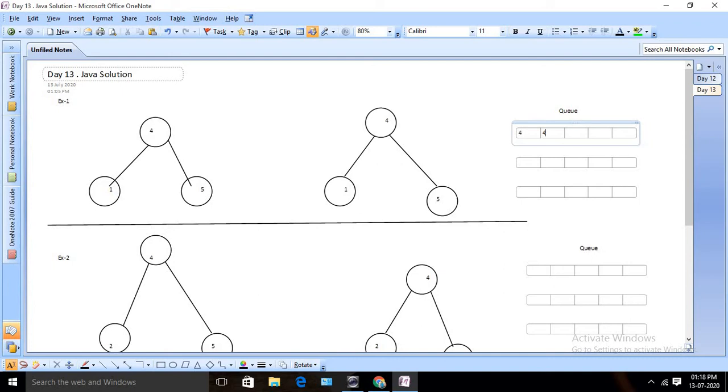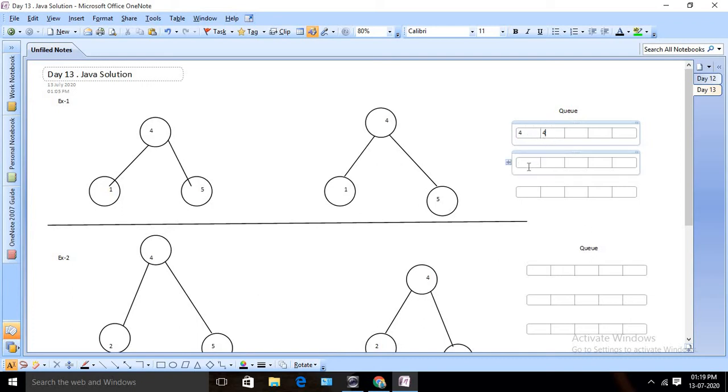In the second iteration, after inserting both of the nodes, I will check whether both are equal. At first I will check whether both are null or not. Then I will check whether both values are equal or not. If they are not equal, then I am going to directly return false from there only. We don't go ahead or iterate further. So at first I will insert 4 and 4.